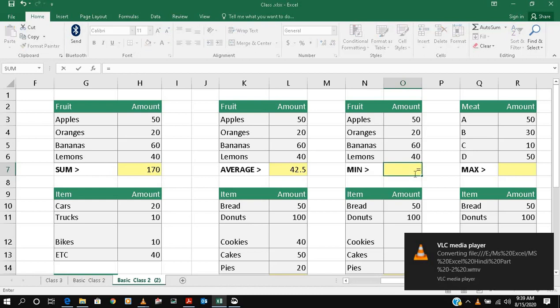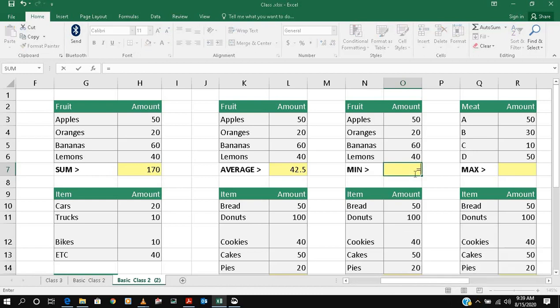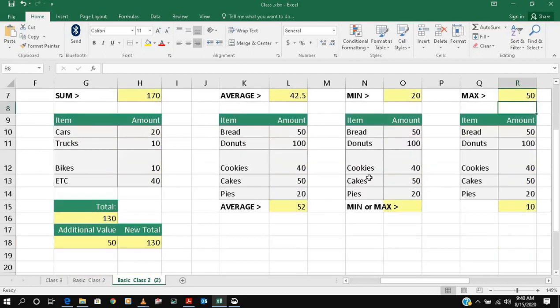You will go again with equals, and here you put minimum, MIN. Then the bracket is compulsory, you put number 1 and number 2, just drag it, and 20 is the minimum, we can see here. If there are more values, we can't check manually. In the same way, maximum is MAX, bracket, and you can put it like this. It's simple, right? It's not much complicated.